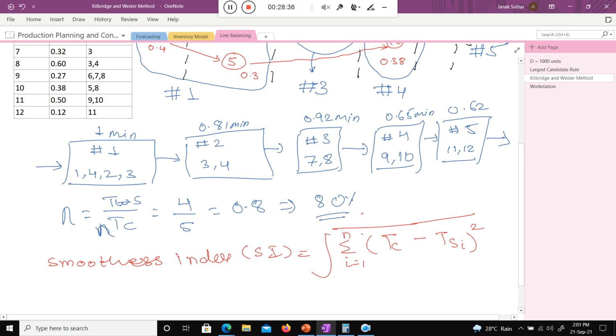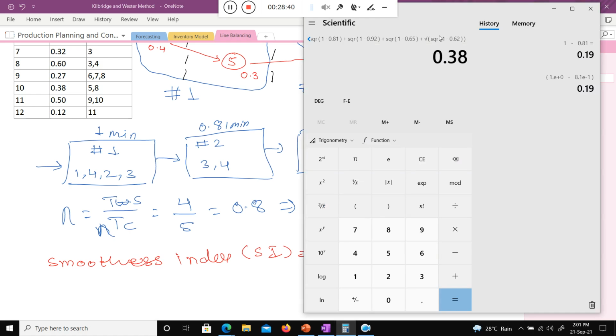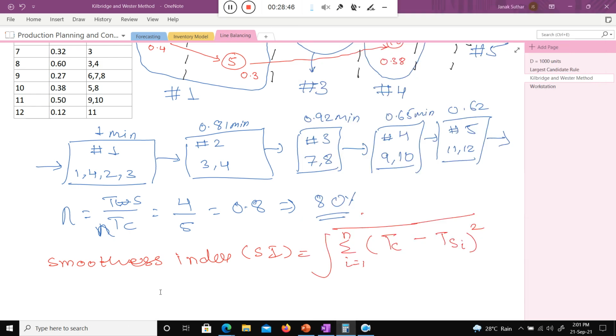So if I solve this particular problem, what is the smoothness index? I already calculated it here: 0.38.